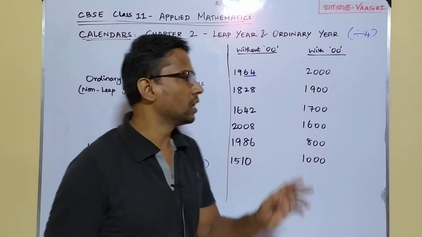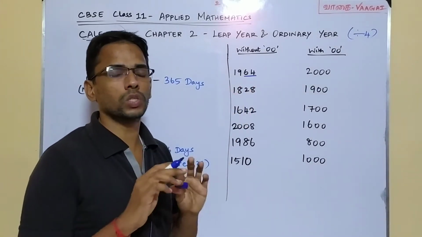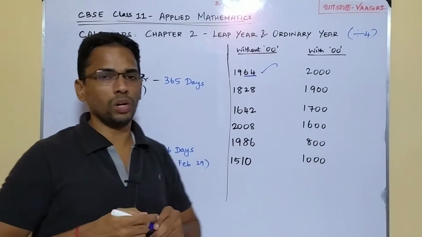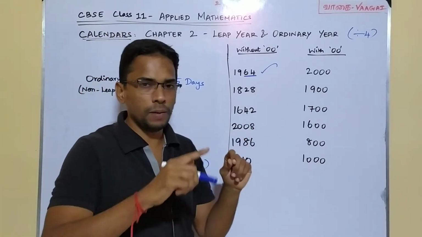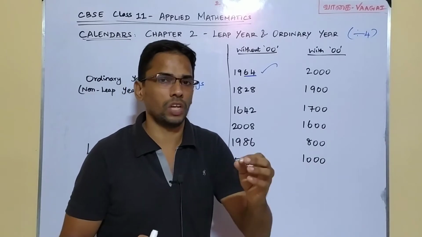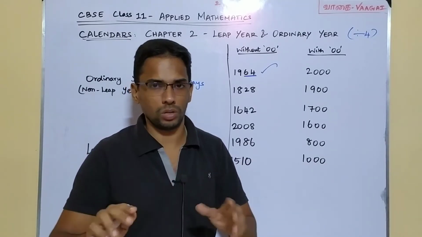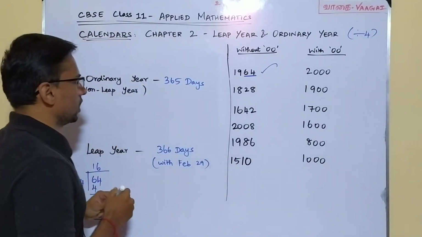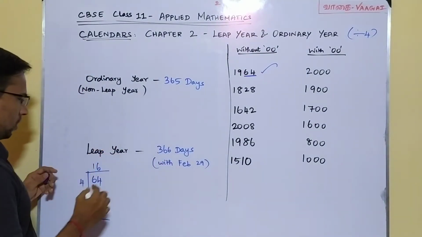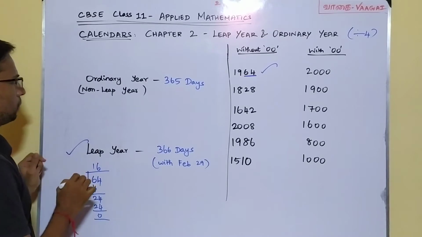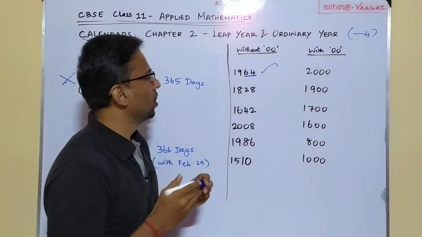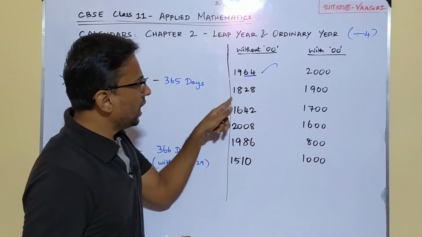In that case, this 1964 is going to be a leap year. Okay, let me tick it. Just to notify that our given year is a leap year, I will make a tick mark. And if it is not a leap year, I mean if it is an ordinary year, let me make a cross. Likewise we'll identify it. I will tick here for a leap year, and if it is an ordinary year, I'll make a cross. Fine. Right. Okay, come to the next one.